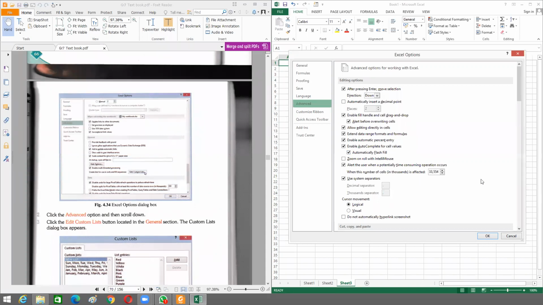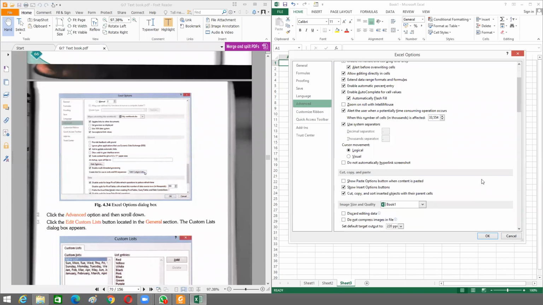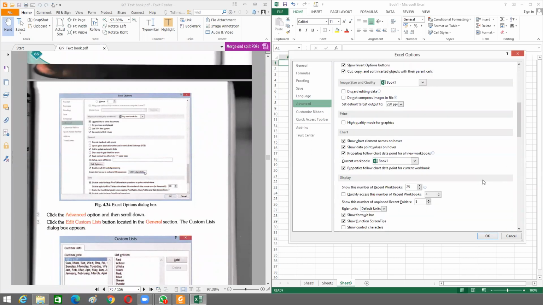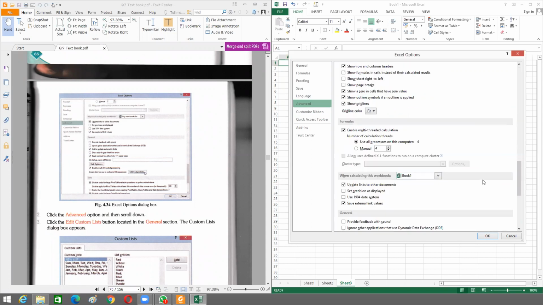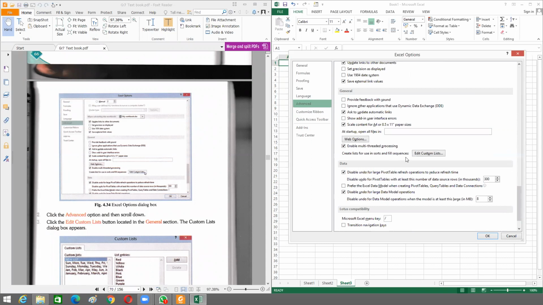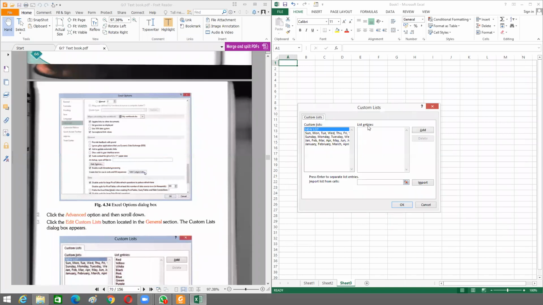Where is it? Yeah, edit custom list. I put the colors of the rainbow: red, orange, yellow, green, blue,